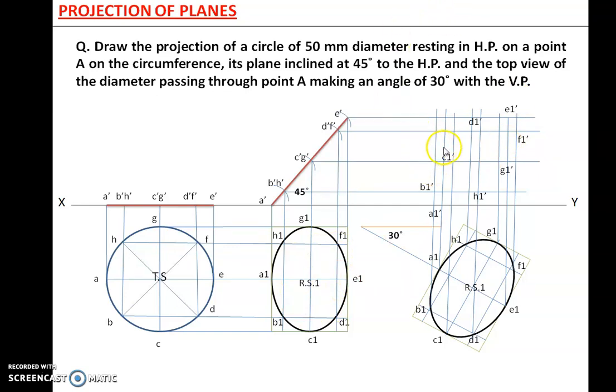So a lot of lines are here now. You have to be patient. Keep the patience while marking the points. Once you have got these points, again either with the help of French curve or by freehand draw a smooth curve. Again here it will be an ellipse but somewhat slightly compressed than this RS1. So it is nothing but your RS2.